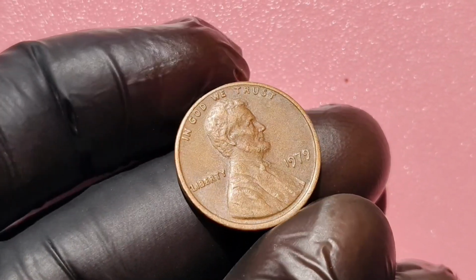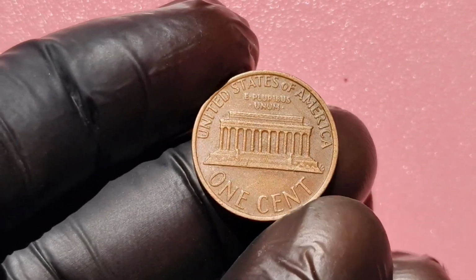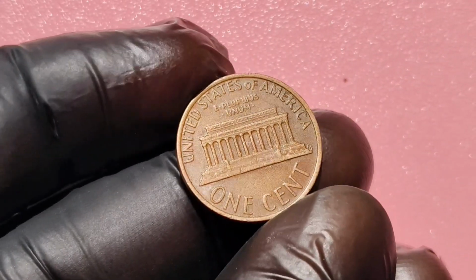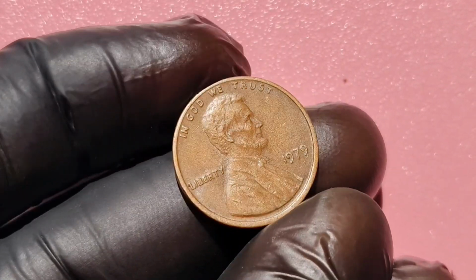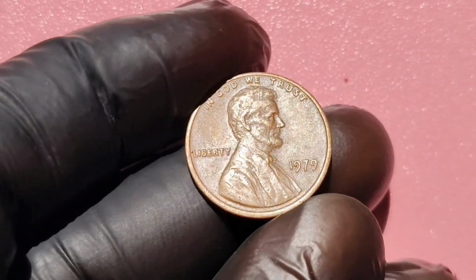So, how can you determine the value of your 1979 no mint mark Lincoln penny? Well, my friends, the best way to get an accurate appraisal of your coin is to consult with a professional coin dealer or appraiser who specializes in rare and valuable coins. They will be able to assess the condition, rarity, and market demand for your coin to give you an estimate